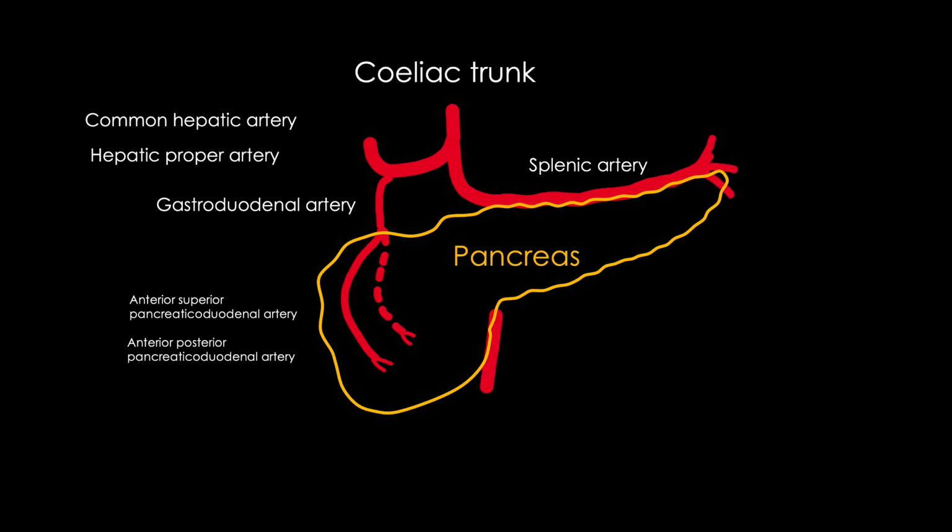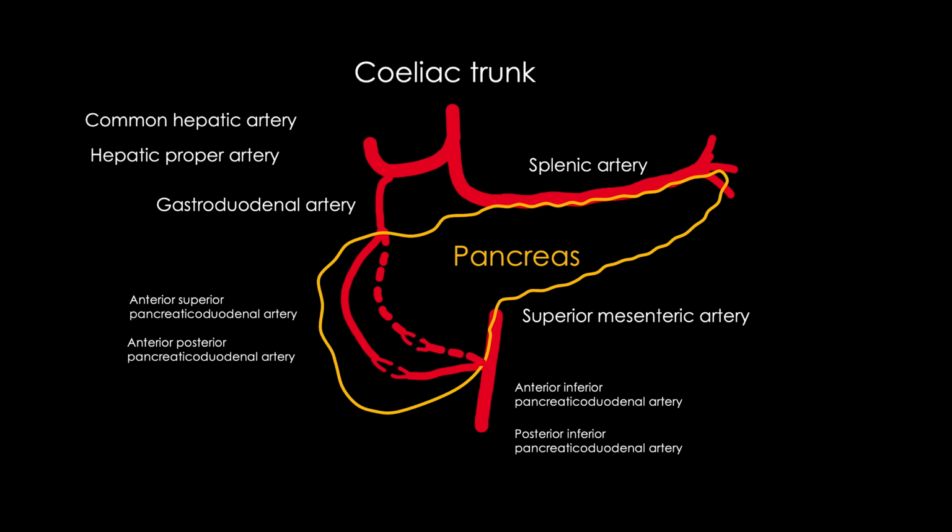And then we can see this is my superior mesenteric artery, which emerges at the L1 vertebral level, and from this superior mesenteric artery we have the inferior pancreaticoduodenal artery, and you can see one of its branches, which is my anterior inferior pancreaticoduodenal artery, and there we can see the posterior inferior pancreaticoduodenal artery. So these inferior pancreaticoduodenal arteries, both anterior and posterior, anastomose with the superior pancreaticoduodenal arteries. Right, anterior goes to anterior and posterior goes to posterior